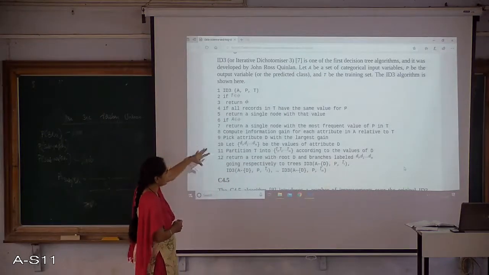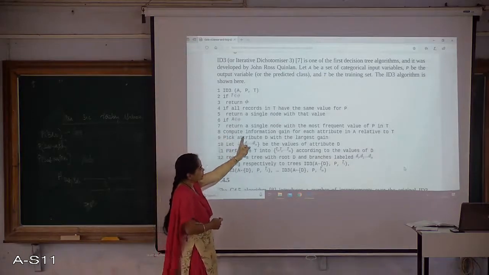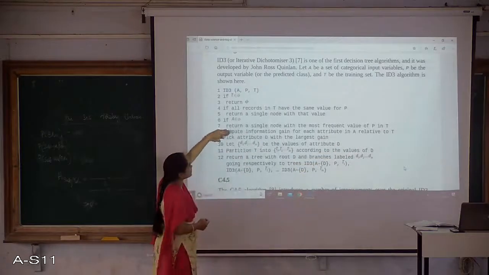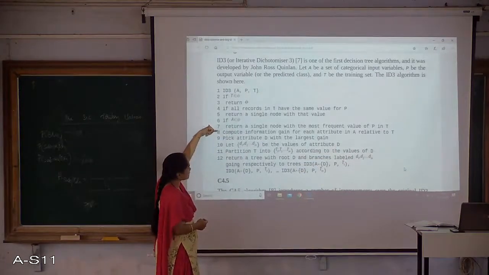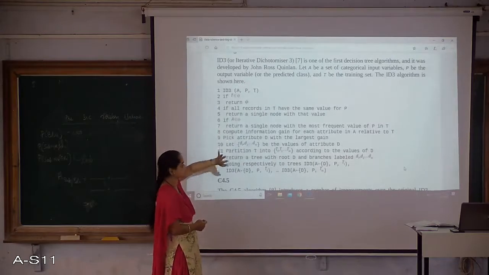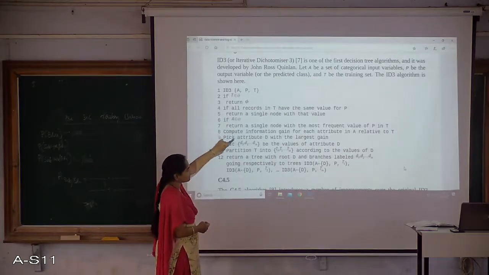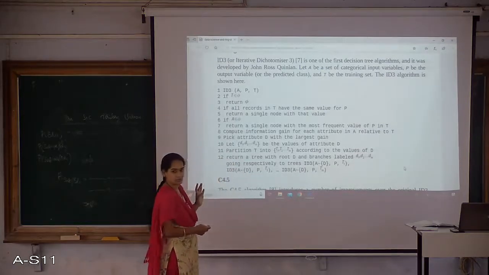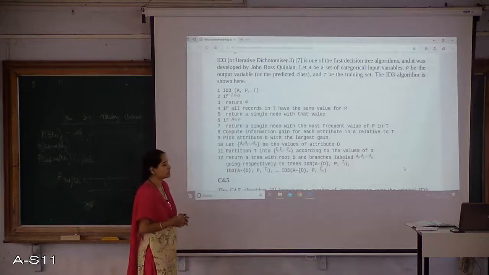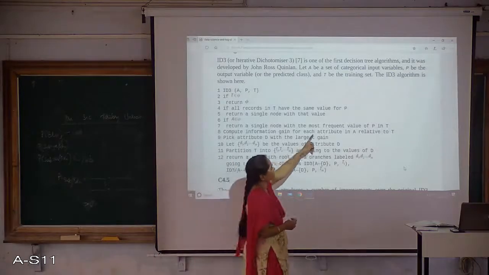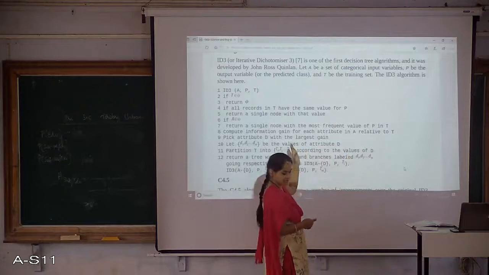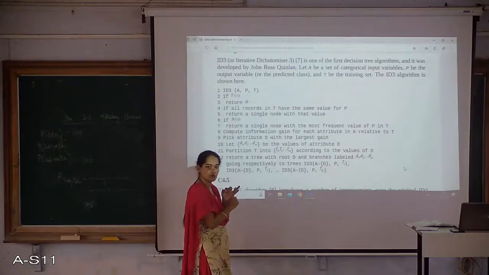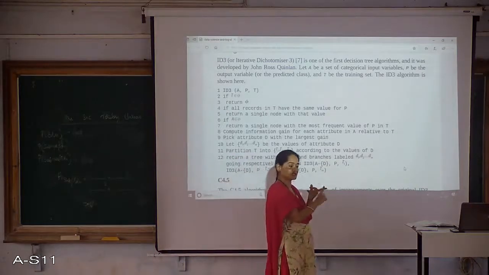If not, further I will move on and compute information gain for each attribute. See, I considered all the exceptional cases here. From line number 8, your actual algorithm starts. Compute information gain for each attribute in A relative to T, with respect to your training data, for all the attributes A. So in this example, we have taken contact, personal loan, home loan, education.